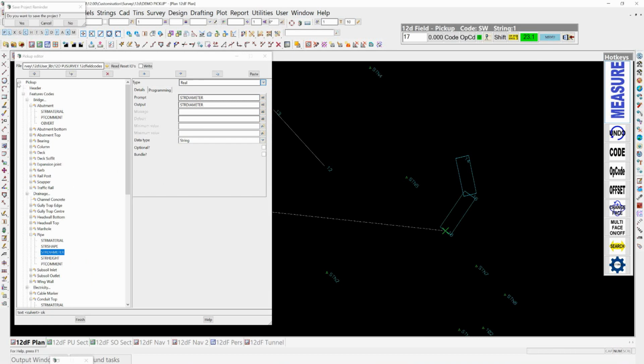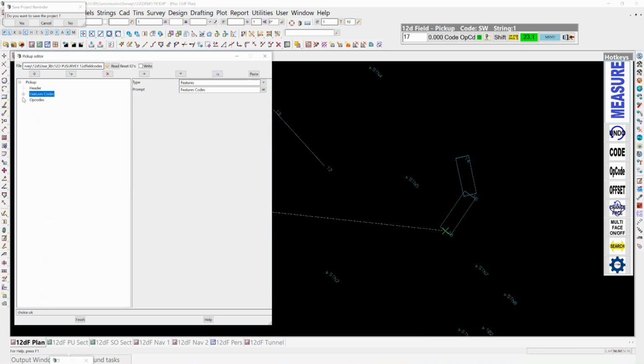If I actually just move the instrument, or I can leave it where it is actually, and we can duck in and have a look while we're here now. And I'll just go back and minimize the feature codes. We've got the opcodes, and I've got a selection here set up. So in the pickup codes, when you go to your features, you can actually choose a header, a footer, features, as we've got up in the top here. So you can pick up as the top line, there's a header there, which is detailed survey codes. Under the features codes, it's a features, and I've given it the prompt of feature code,